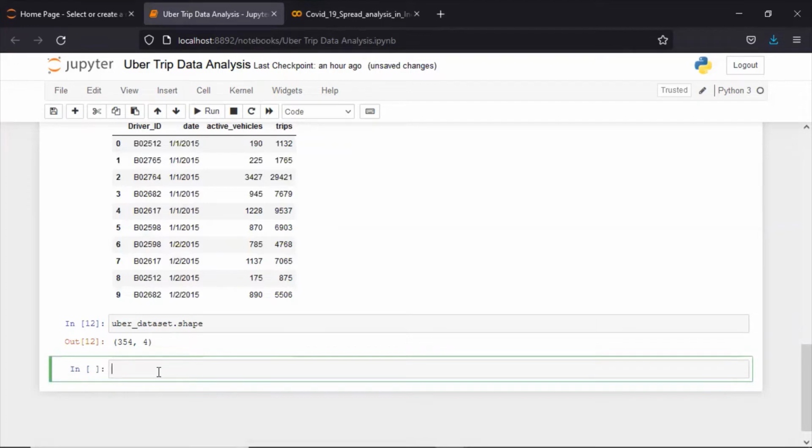If you want to get more detail about this dataset, the information that you require to do the data analysis, you can use the .info function. I am going to add a comment on every cell at the end of this project so that you can get a better idea of what this particular code is doing, as I did in the COVID project. So here also I will add a comment. Let's run this code first.